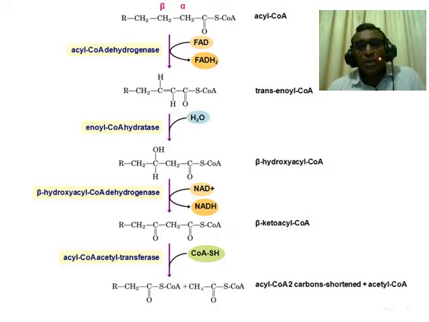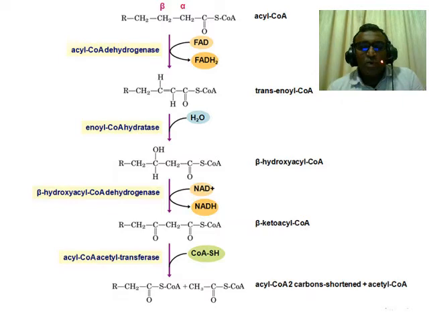In the reduction, you will have FAD becoming FADH2. The next step is hydration, where the trans-enoyl CoA will undergo hydration, followed immediately by another redox reaction where it will undergo oxidation as well as reduction, with the formation of NADH, and the ketoacyl CoA will then be ready to be cleaved,